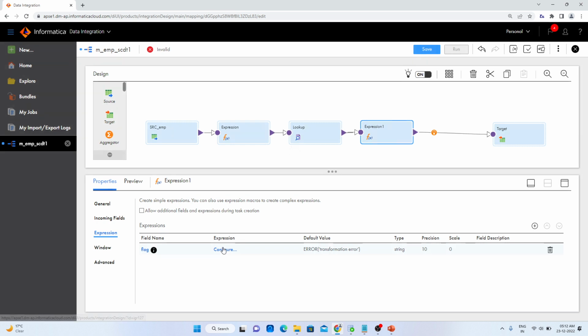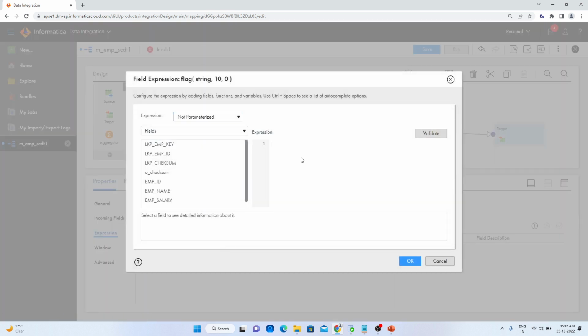In the flag, I'm going to configure: if the expression, if LKP employee key is null, then I'll return the flag with insert, right? Insert,